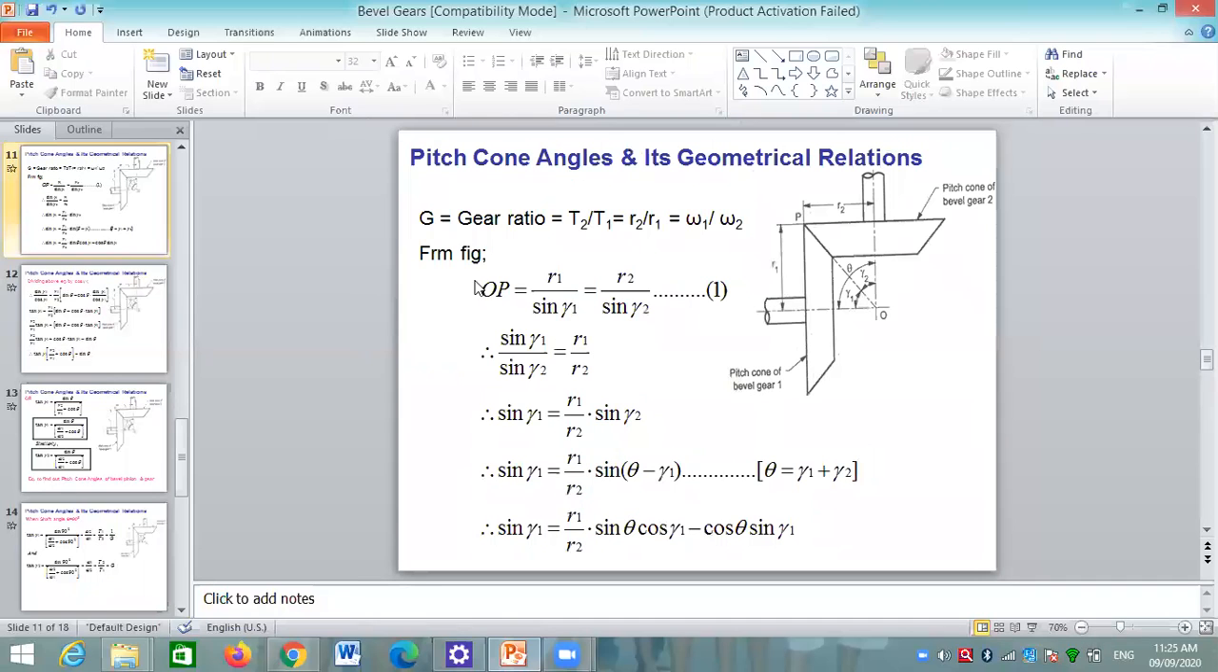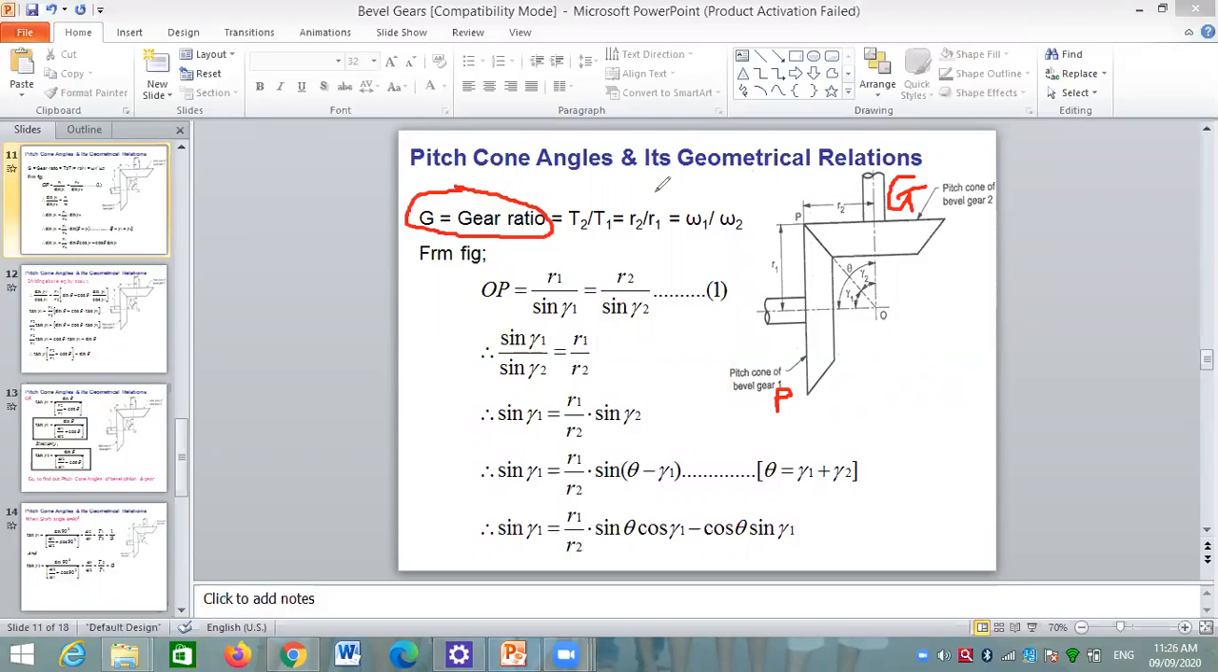Then G is called the gear ratio. Here G is the gear ratio and it is equal to T2 by T1. T2 is the number of teeth on bevel gear 2 and T1 is the number of teeth on bevel gear 1. So T2 upon T1 means gear 2 has more teeth, that's why we consider gear 2 as the gear and gear 1 is called the pinion. Therefore, gear ratio is equal to T2 by T1